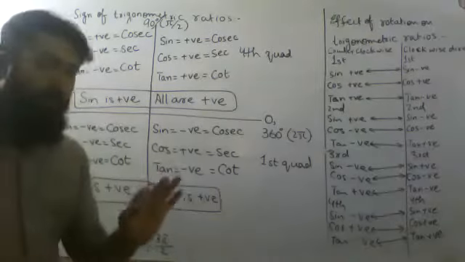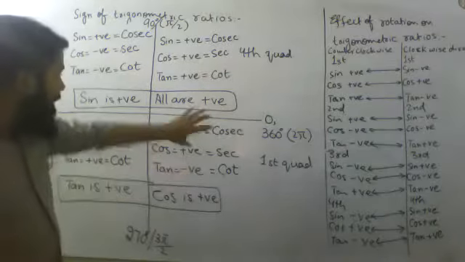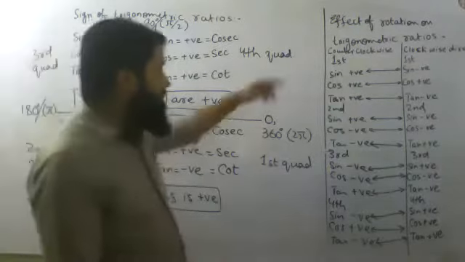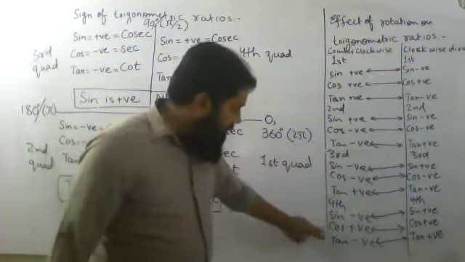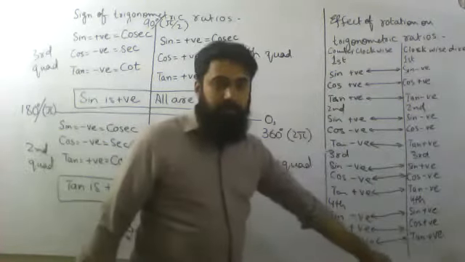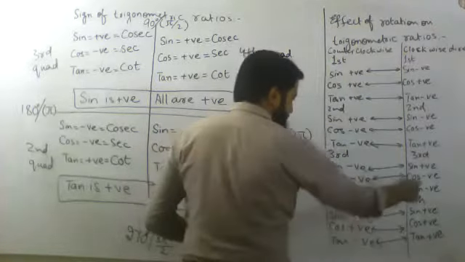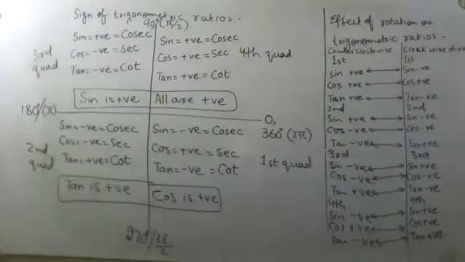So what is happening over here? What is happening is that when you change the direction of rotation, going from counterclockwise to clockwise direction, the value of sine and tangent will change its position in all the quadrants. But cos will remain same. There will be no changes in the cos sign. So with the help of this, I am going to write three relations over here.